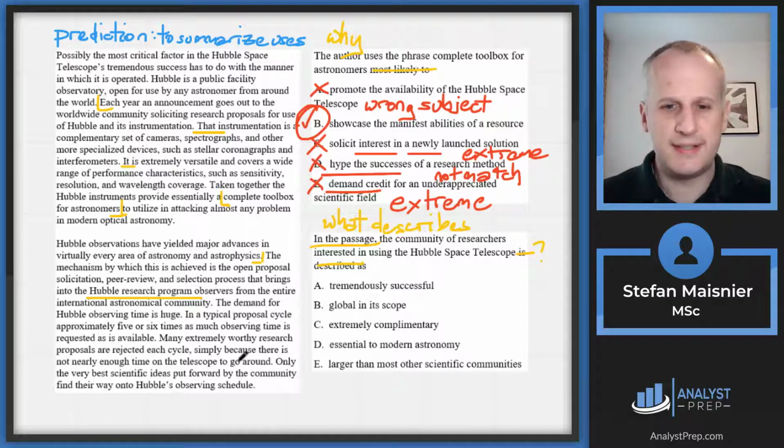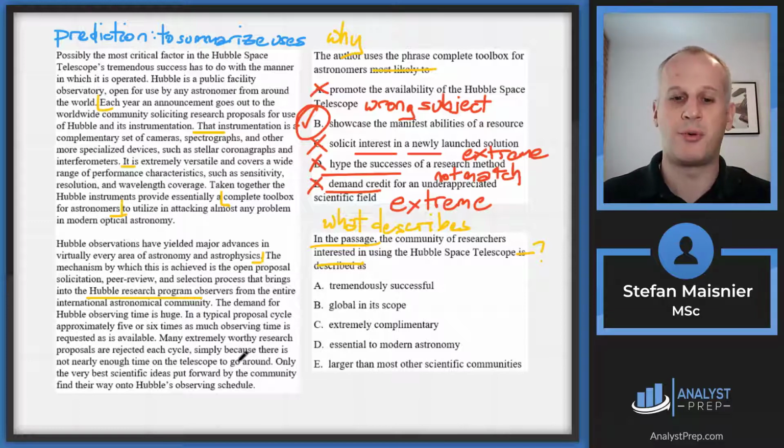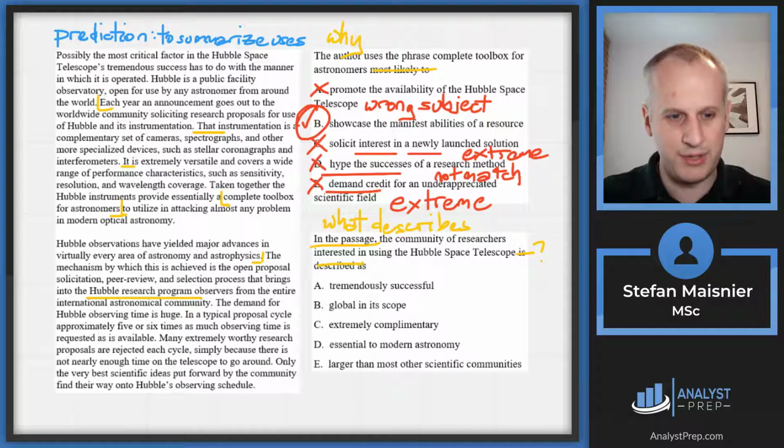So this open proposal solicitation, peer review, and selection process that brings into the Hubble Research Program observers from the entire international astronomical community. The demand for Hubble observing times is huge. In a typical proposal cycle, approximately 5 or 6 times as much observing time is requested as is available. Many extremely worthy research proposals are rejected each cycle simply because there's not nearly enough time on the telescope to go around. And I'm kind of just talking about the research at this point. So my prediction here